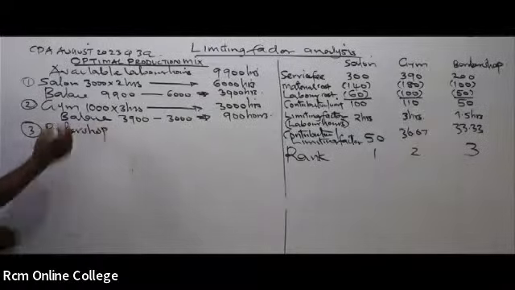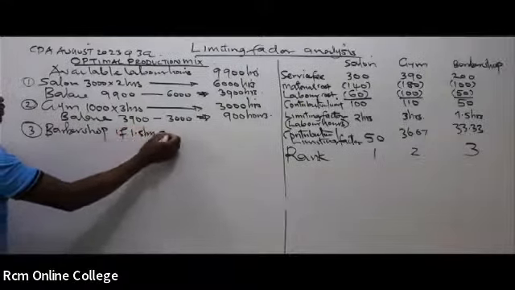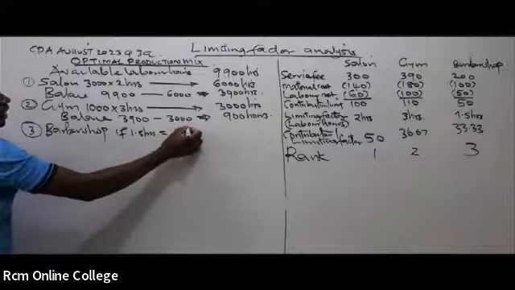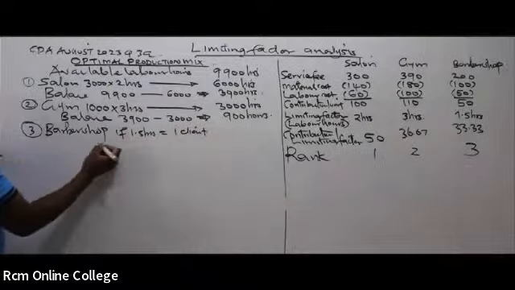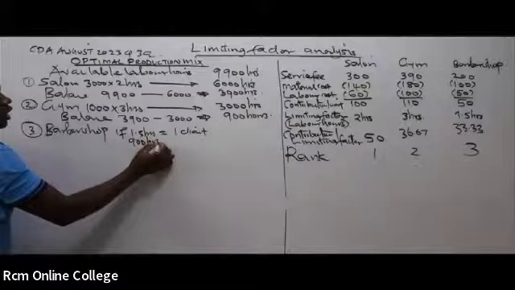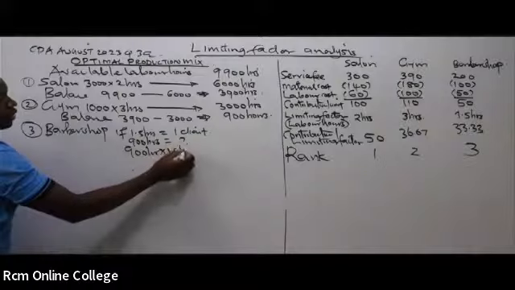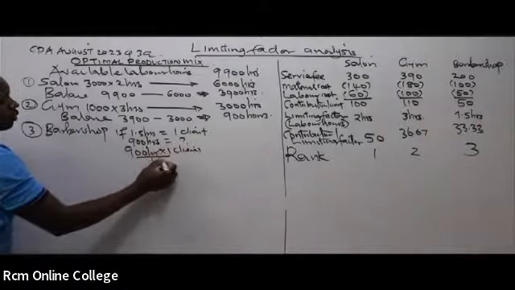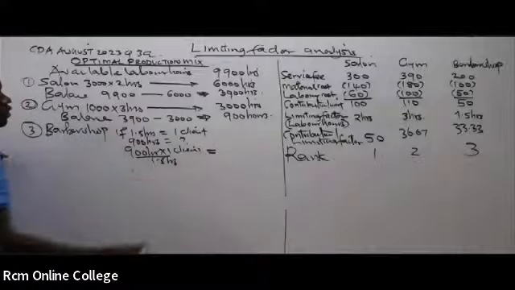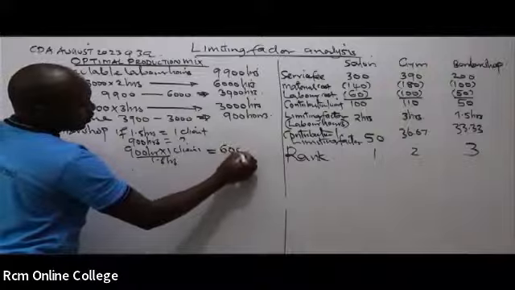We change our strategy. So we'll say if 1.5 hours is equal to 1 client, right? How many clients will we serve if we have a balance of 900 hours? How many clients will be served? So 900 hours times 1 client over 1.5 hours. So how many clients will be served in the barber shop? How many clients? 600, right? So we have 600